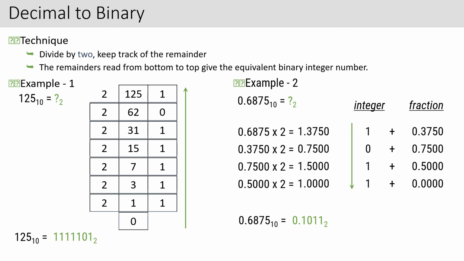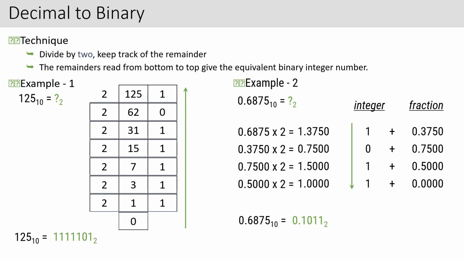Top to bottom, if you want to write, it is 1011 with a point. Okay, I'm again repeating. How will you convert a decimal number to a binary number? Had it been a decimal number without any fraction, go on multiplying by 2, keep a track on the remainder. How long will you go on multiplying? Unless you get the quotient to be 0.